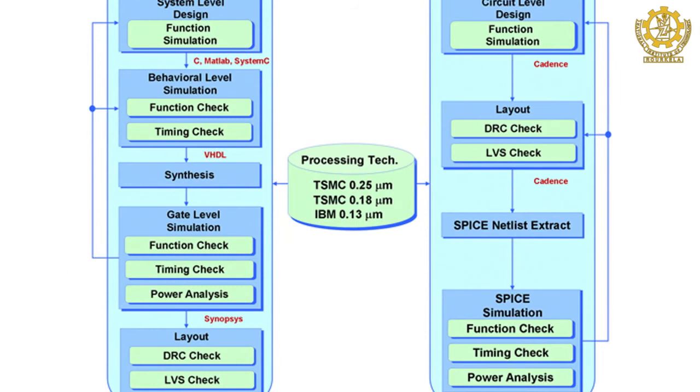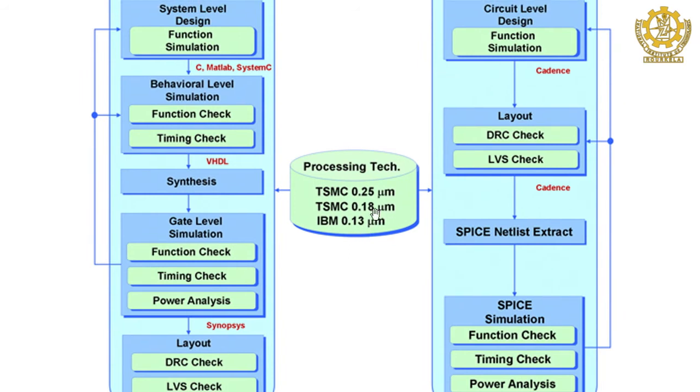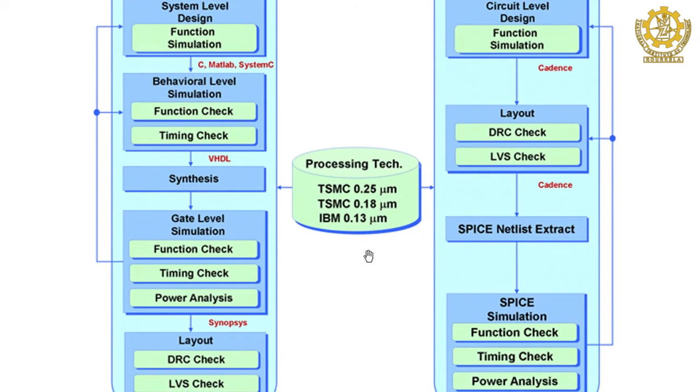There are two terminologies coming into account, one is called library, another is called technology. Technology is whatever is written here: 0.25 micrometer, 0.18 or 0.13. So, in turn you can say 250 nanometer, 180 nanometer or 130 nanometer. Nowadays we are in 22 nanometer or so, but still in academics we use 180 nanometer because it is cheaper, and sometimes our requirement is also fulfilled by it. If it is not that high speed or low power, 180 nanometer is sufficient.